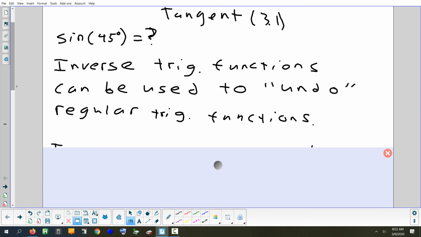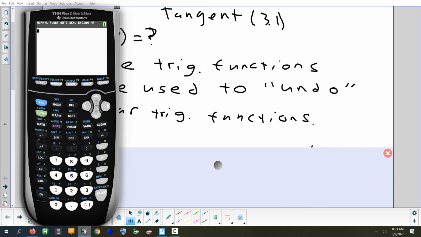Anytime that we do something in math, there's always a way to undo what you just did. Right? Like if you added something to a number, what's the operation that's the opposite of adding? Yeah. Subtract. If you take a number and you find the square root of it, what's the reverse of that? Square. Right? So there's always a way to go back, and that's what we're going to learn for something like